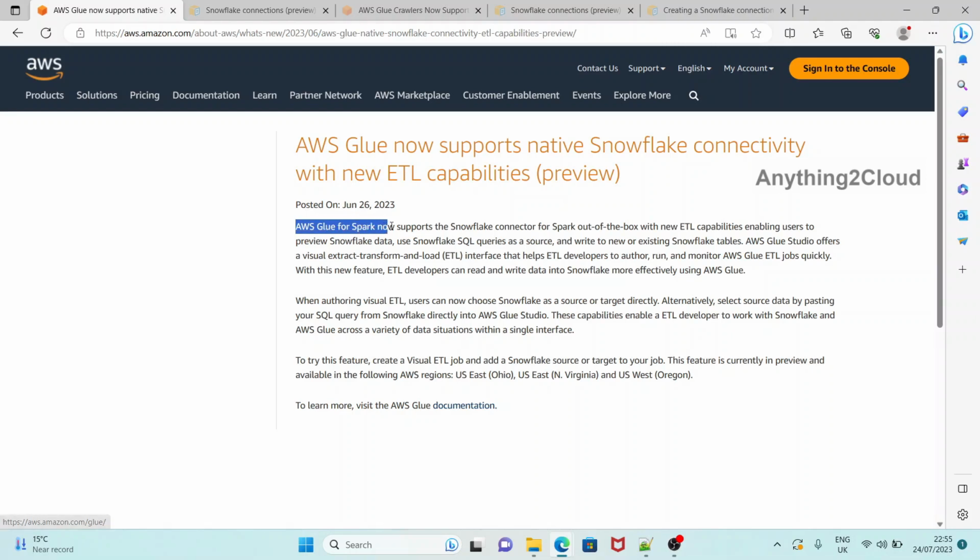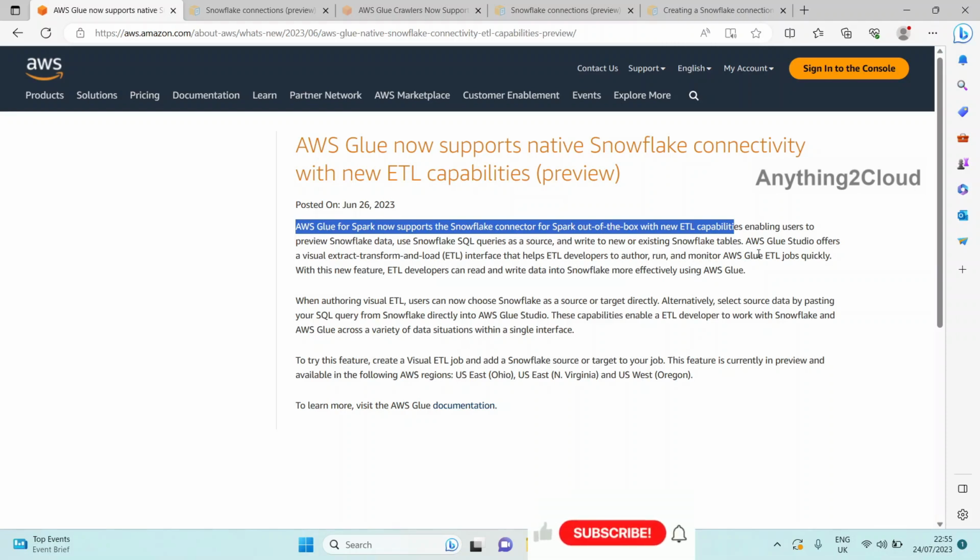AWS Glue for Spark now supports a Snowflake connector for Spark out of the box with new ETL capabilities, enabling users to preview Snowflake data, use Snowflake SQL queries as a source, and write to new or existing Snowflake tables. AWS Glue Studio offers a visual extract transform load interface that helps ETL developers to author, run, and monitor AWS Glue ETL jobs quickly. With this new feature, ETL developers can read and write data into Snowflake more effectively using AWS Glue. So with the native Snowflake connectivity, we can easily connect to Snowflake and write the data into